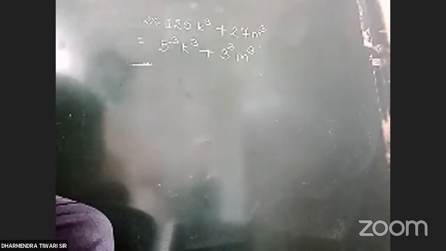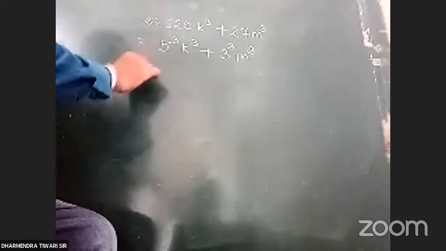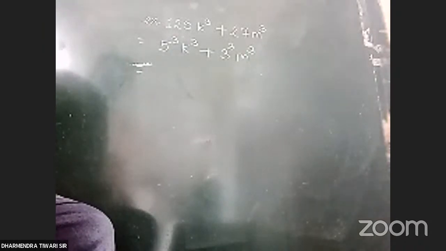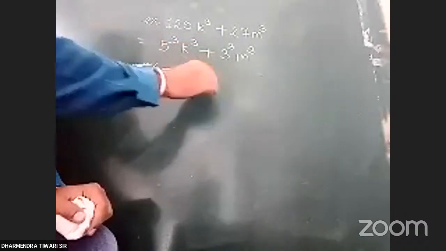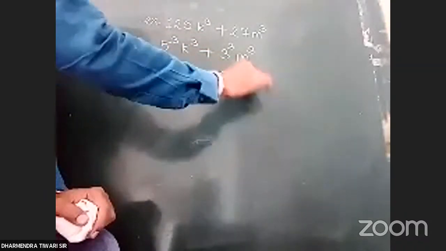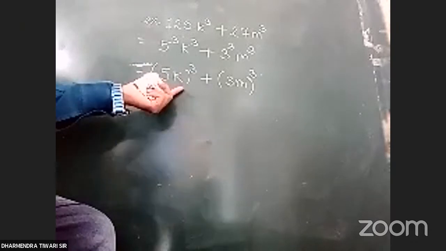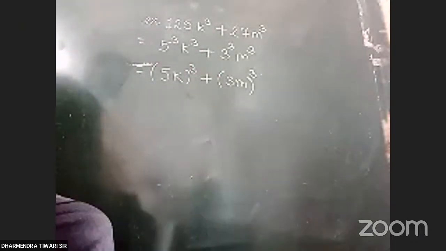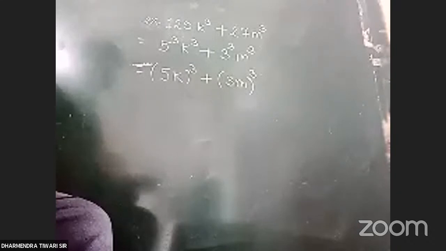And 3 cube is 27. We have done this. Now you can write this as 5k the whole cube plus 3m the whole cube. Now you can see that this is nothing but a cube plus b cube. So what is the formula for a cube plus b cube? The formula for a cube plus b cube is